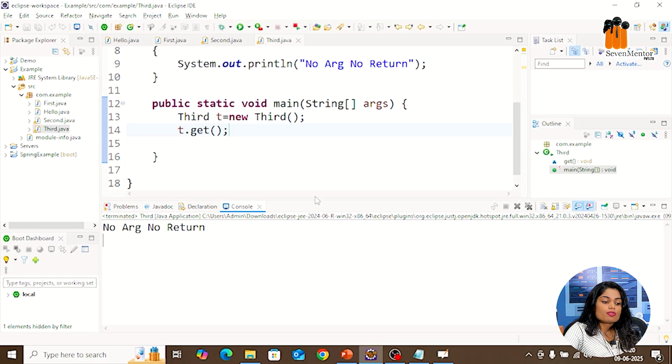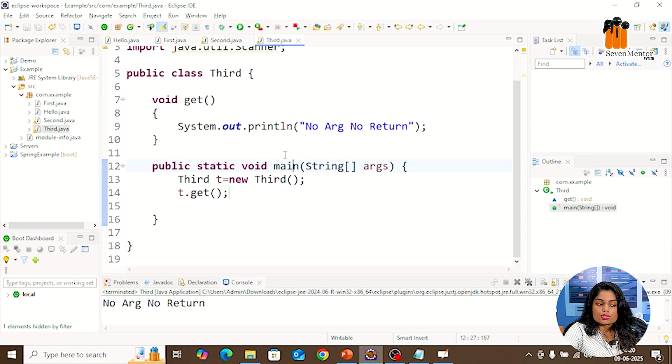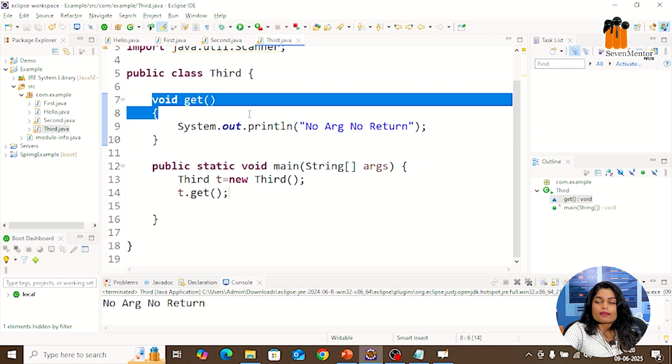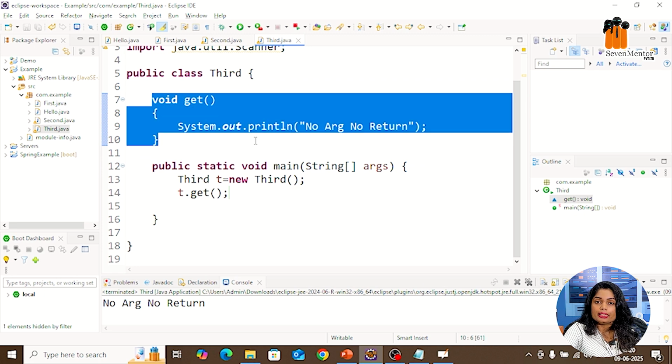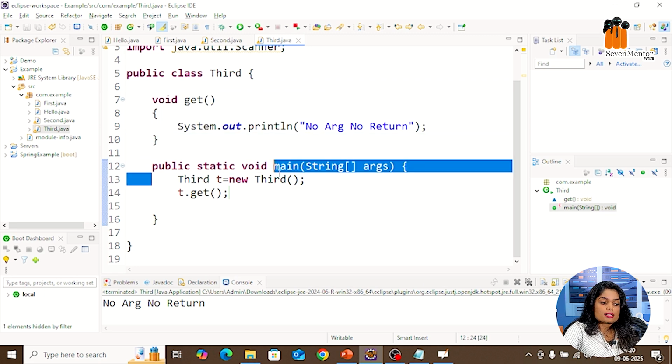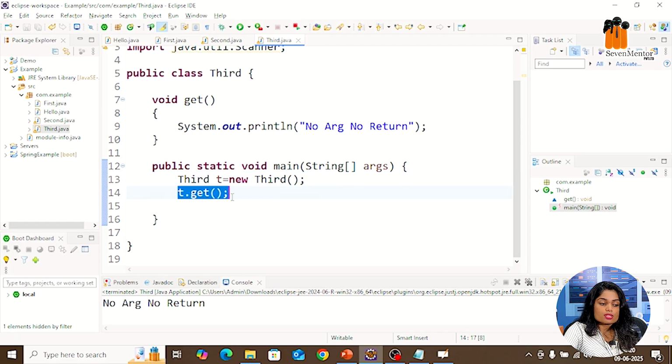So this is the first type of method, a user defined method which does not have any argument and does not have any return value. We simply created the object and, using the dot operator, we are calling this method. What is the syntax for user defined methods? Return type, function name or method name, parenthesis brackets, curly brackets open, block of code, curly brackets close. Void is a return type. We are not returning any value, so we are using void.